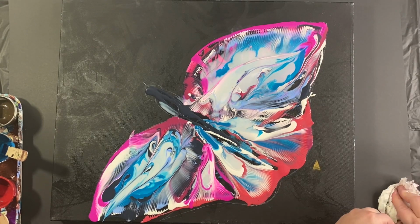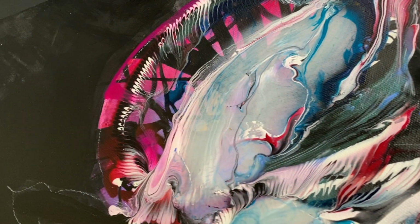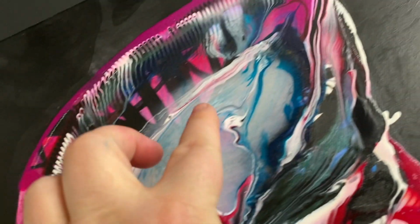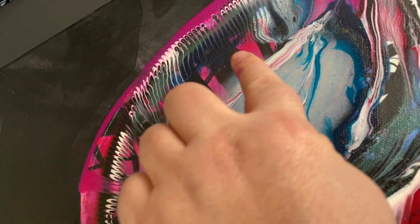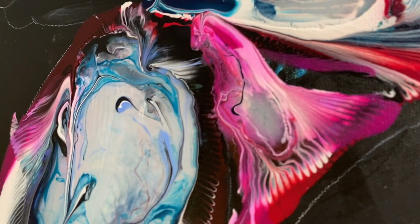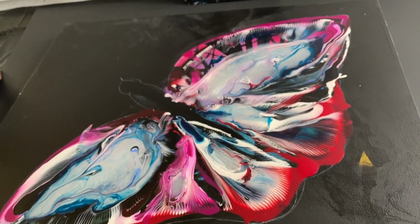I just wanted to add a little bit more movement. So then I allowed the painting to dry for 24 hours, and in the morning you could see it was still a little cloudy. Some of the beautiful patterns were coming through, but there was a lot of white there still, so I was not sure. I just had to cross my fingers and hope that the environment would warm up a little bit. It's pretty chilly in my house, and so I was hoping that it would warm up a bit and eventually